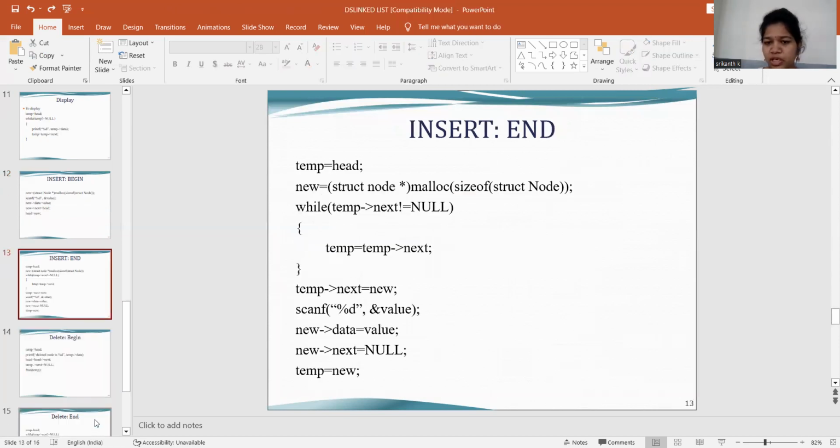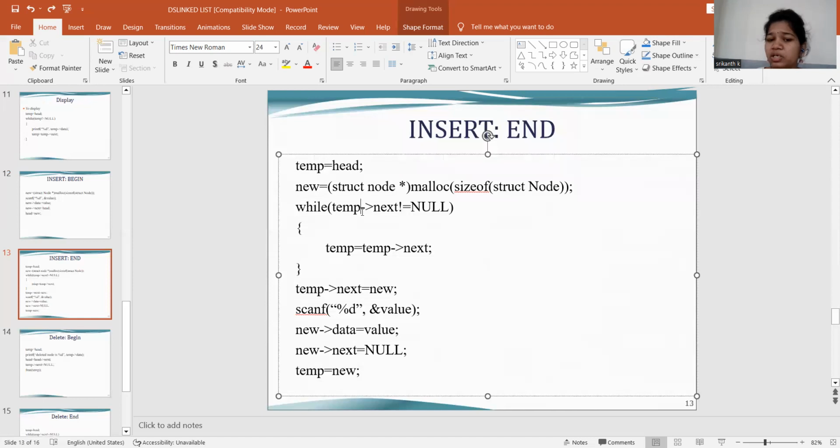Now we'll see insertion at the end position. Initially temp is equal to head. Insertion at the end means we need to move to the last one. So first we are allocating memory as well as moving to the end position. How should we identify that end position? The end node is the one whose address field contains null. So by using that condition, while temp of next is not equal to null,